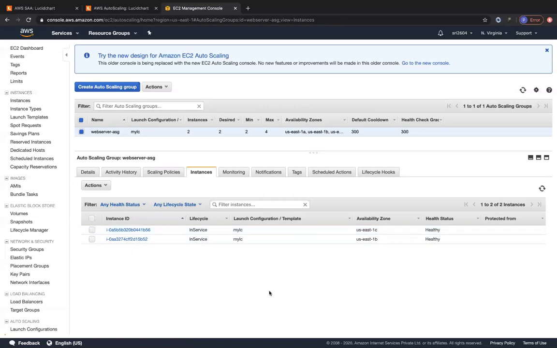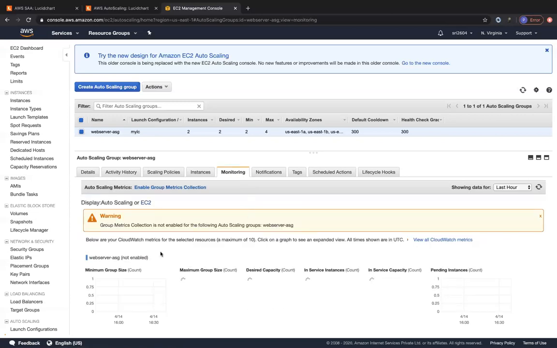One more thing to note over here is if you would like to update one of your instances and you would not like to do that while your instance is in service status in the auto scaling group, what you can do is put your instances in standby status, or you can detach the instance from the auto scaling group directly. And then you can manage and maintain it as a standalone instance rather than part of an auto scaling group. So that is also possible. Under the monitoring tab, you get some monitoring metrics from CloudWatch.